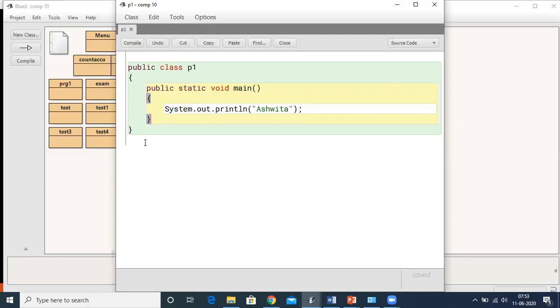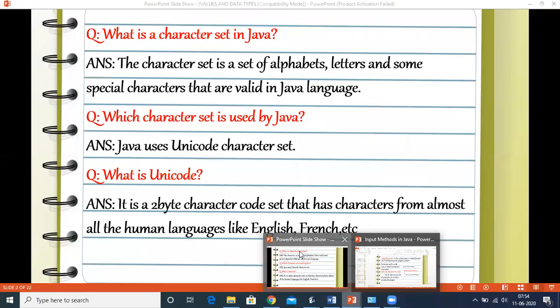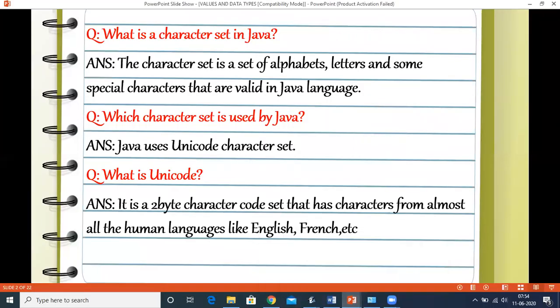Now, there are special characters over here, there are certain words over here, but all of them have got certain meaning in the Java environment. So now you understand the character set is a set of alphabets, letters, and some special characters that are valid in Java language.